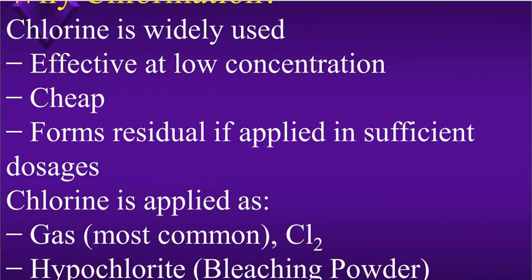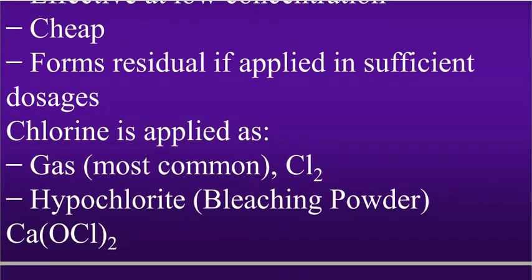Second, how is chlorine applied? Generally it is applied in the form of gas, most commonly in the water treatment process. In the water treatment plant it is applied in the form of chlorine gas. There are chlorine cylinders available, and these cylinders carry chlorine gas, and the chlorine is applied in the form of gas. It is the most common disinfectant.